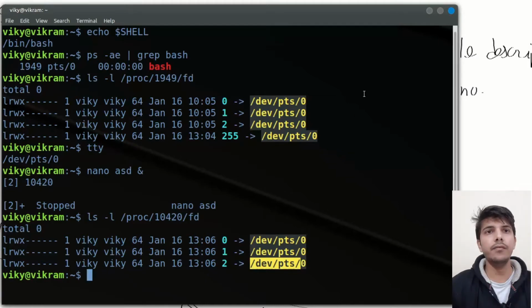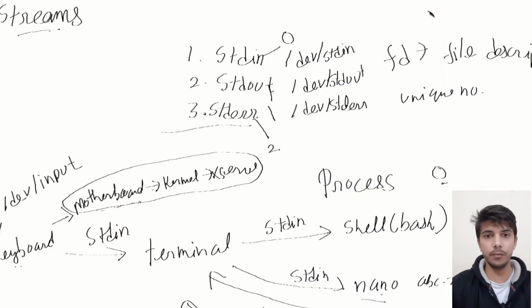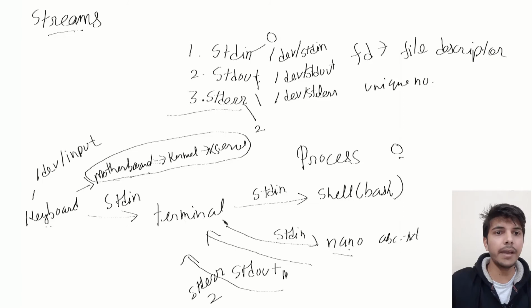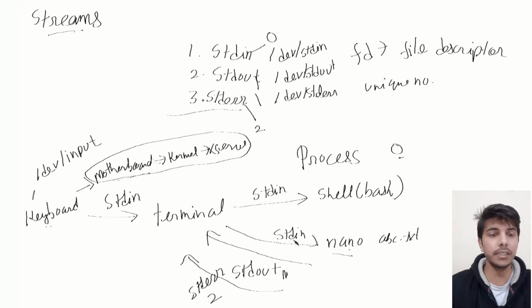So now let's see what is the purpose of standard input output redirection. By default, as I was saying, the nano command takes input from the terminal, but let's say I don't want the nano command or any other process to take input from the terminal. I want to change the default behavior. For that I will use this symbol, basically the less than symbol. The input that was previously taken from the terminal will now be taken from another location, which we will define.